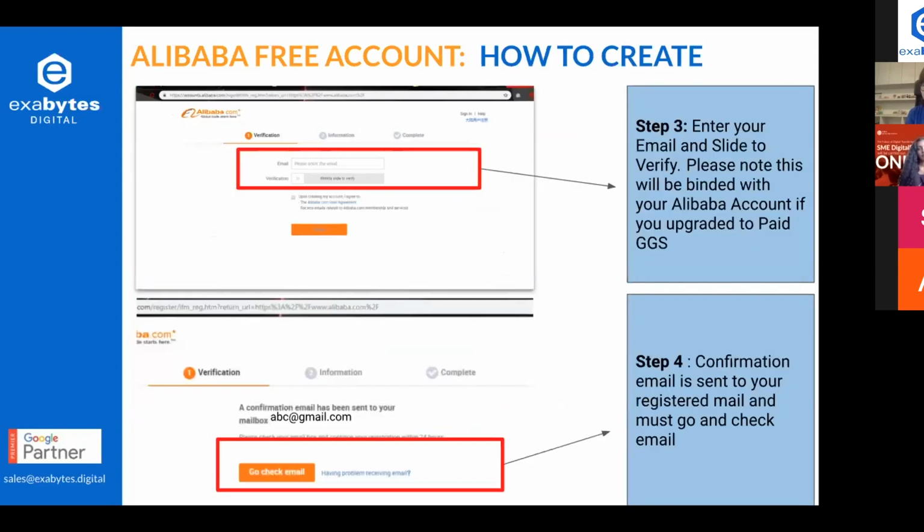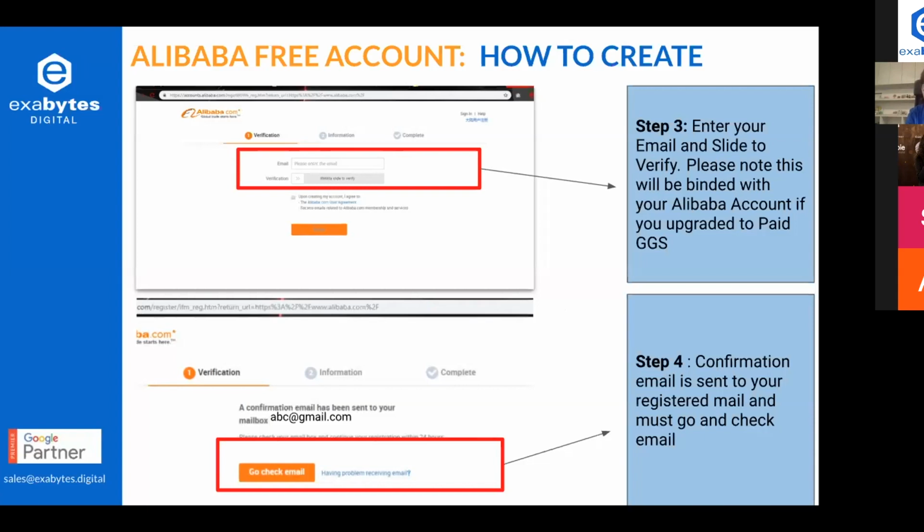So next, you can just key in your email and verify. Just slide this bar over and verify your account. And this account will be bound with your Alibaba account later on, and you will be the admin if you upgrade to the GGS account. And the email will send the verification code to your email.